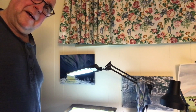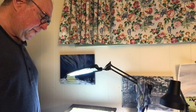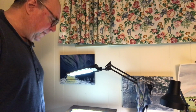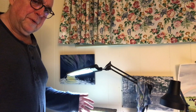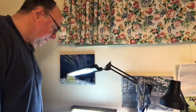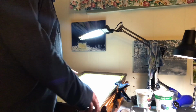Hi. Okay, this is my setup. I'm just going to do an abstract nebula. Anyways, I'm not going to try to draw an actual one, it's just a cloud. Anyways, this is my setup here, and it's basically one of those